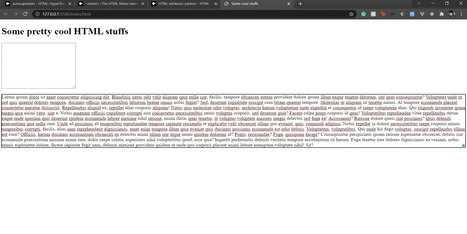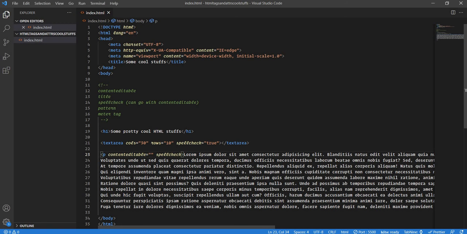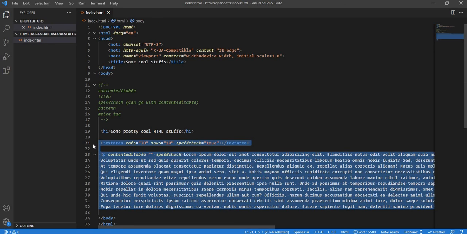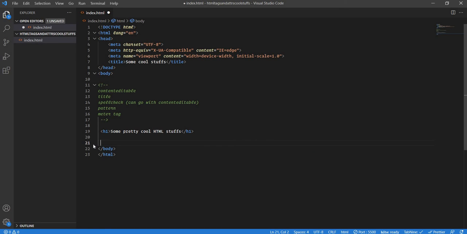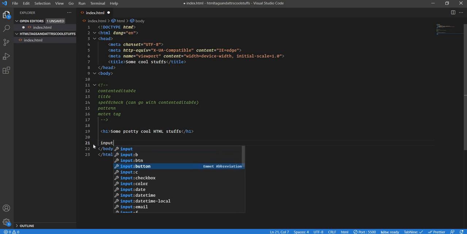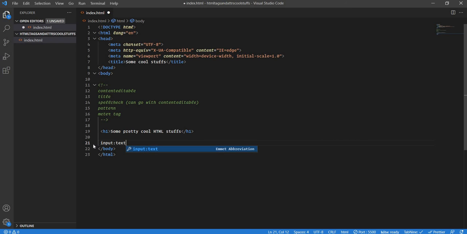So this is how you could use spell check on a content editable HTML element as well. So the next attribute we have is the pattern attribute. For that, let's remove this and let's have some simple input type text. So if I go here and just put input text, now here what happens is sometimes you want your regular